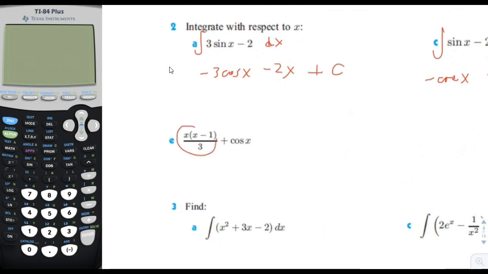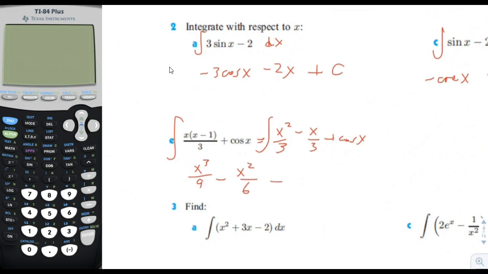Now here's what they were talking about before. Remember when they said that since there's no product or quotient rules for integration that you need to multiply things out. We used to do this for derivatives too when we didn't know the product and the quotient rule yet. So we'll say x squared minus x, divide each of these by 3, and plus cosine x. Now let's take the integral of these. So it's going to be x cubed over 9 minus x squared over 6 plus sine x